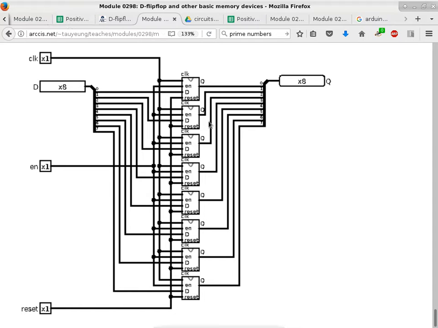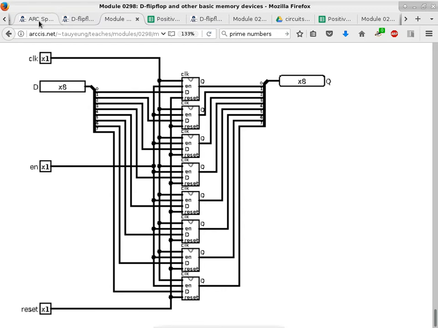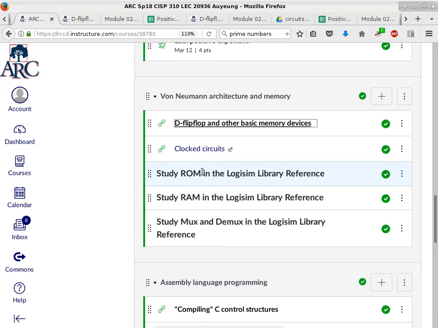So, are there any questions about registers at this point? No questions? Okay, so getting back to not the modules, but getting back to the topics. So we just talked about the clock circuit because the counter is a clocked circuit. Okay, and the clock circuit requires edge-sensitive D flip-flops or edge-sensitive registers. So the next few topics are basically just quote-unquote study ROM in the Logisim library reference, RAM, and also MUX